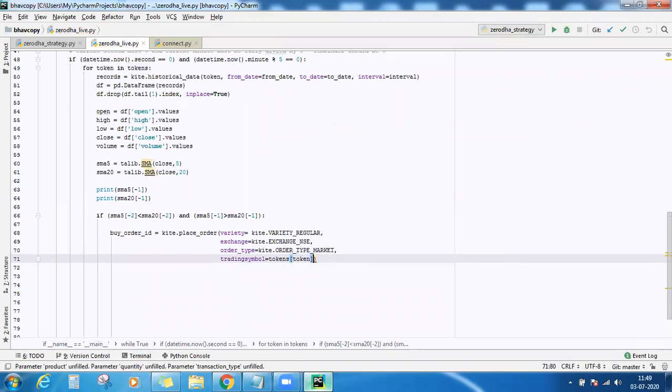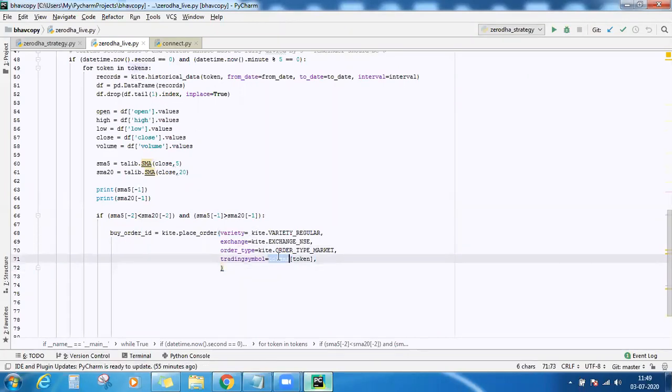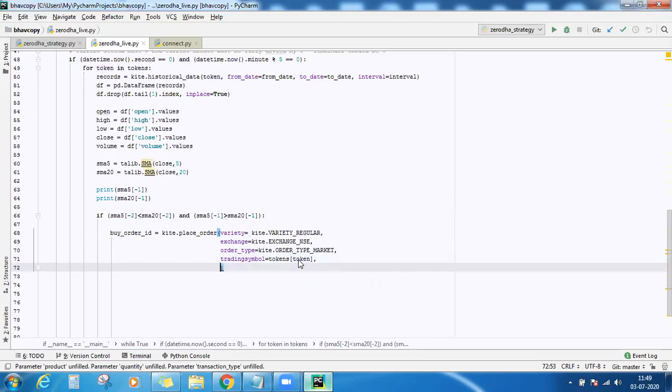I have it already inside my dictionary, and since I'm inside a for loop, I can just refer to the dictionary. So this is my dictionary, and this is my key. The value will be returned to me. So trading symbol is equal to the value of that key.